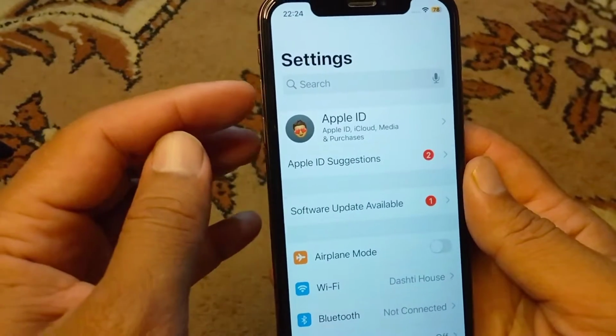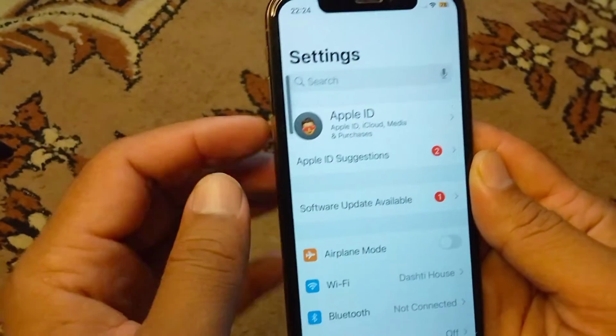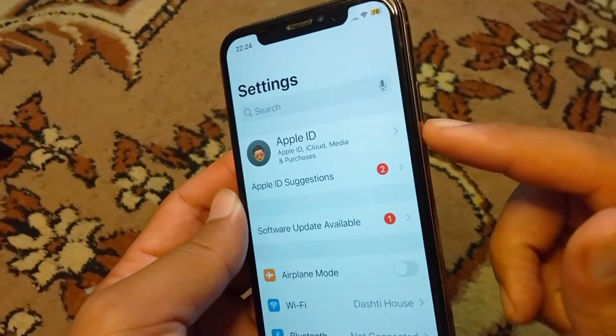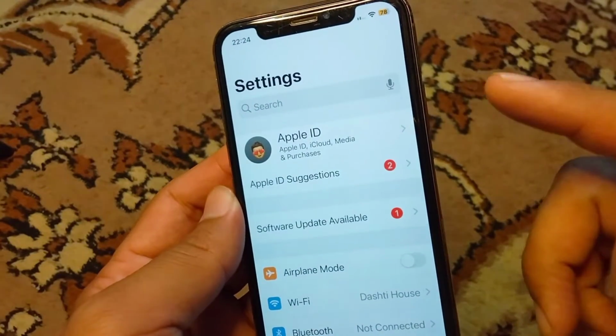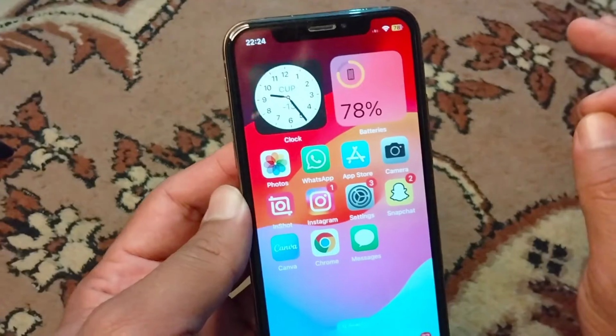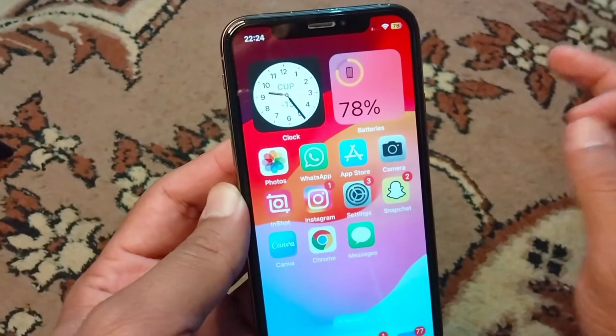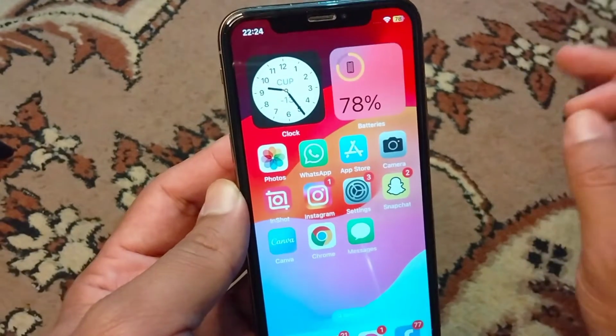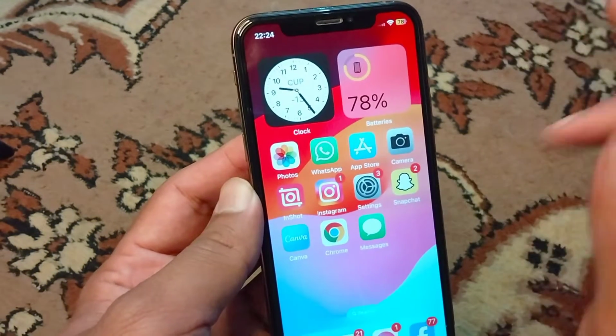So guys, for that simply press and release the volume up button and then down and keep holding the power button until your device force restarts. So guys, force restart the device and after this log in to your Apple ID again in your iPhone. So log in to your Apple ID again in your iPhone and after this check if the problem has been